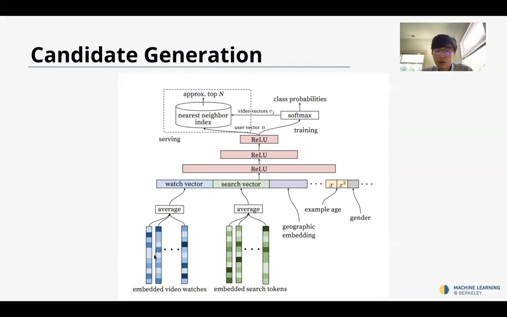And the information you include in the user embedding is like what videos you watched in the past, what you have searched in the past, and where you're from. So like the geographic embedding, and then your gender, your age, all the user information is encoded, at least concatenated into this large vector. And then you do a few projections to actually project to the size of your user